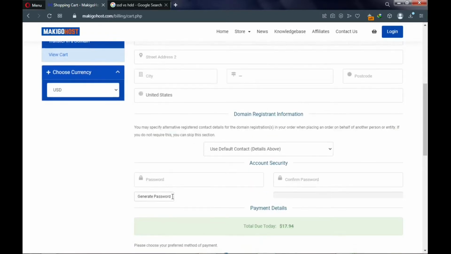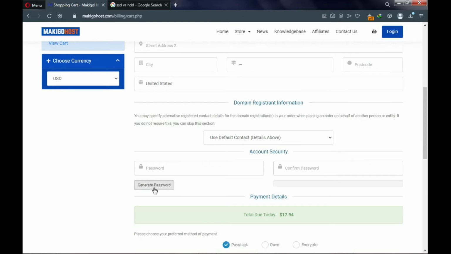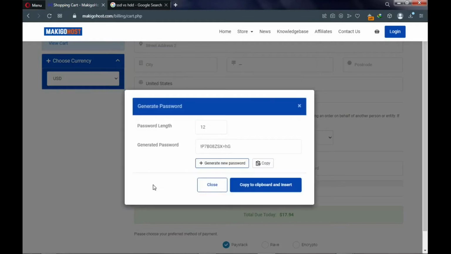Now Bluehost has a password generator here, so just click on generate passwords like this. Perfect. Now you can increase the strength of your password. Let's say I want my password to be long, so 30, and then click on generate passwords. Okay, so click here